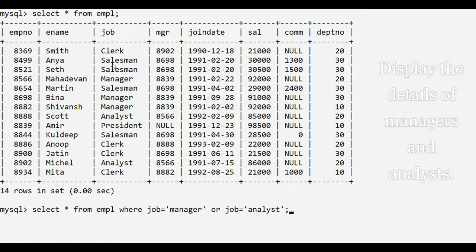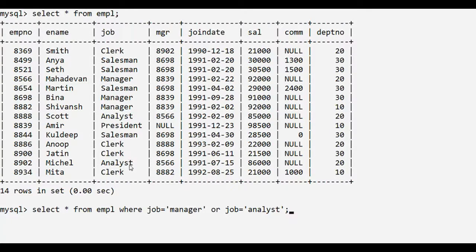Let's pick up this record, salesman. The value of the job field is salesman. First, this condition will be checked. Manager equal to manager, the condition is true and the OR operator returns true as the result. In this case, the second condition will not be tested because it hardly matters whether this condition returns true or false. The first condition was true and hence the OR operator will return true as the result and this record will appear in the output.